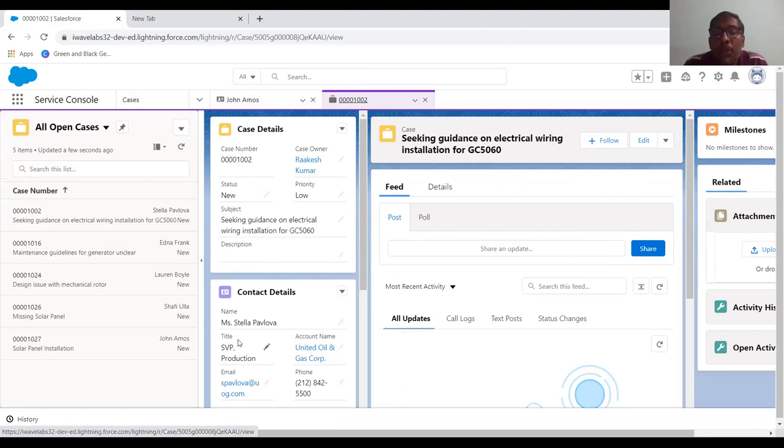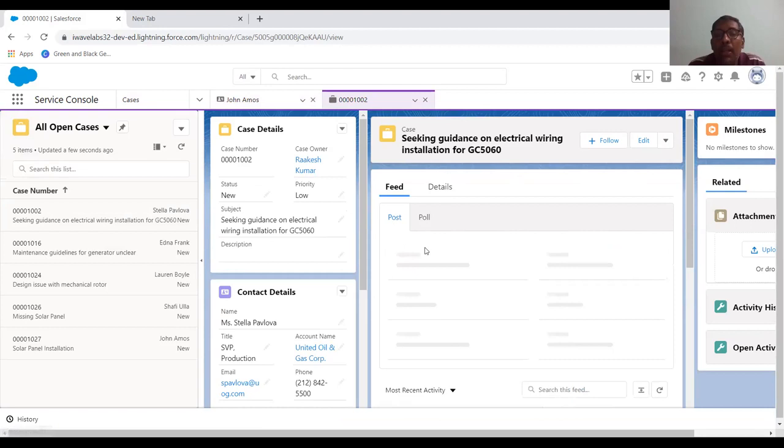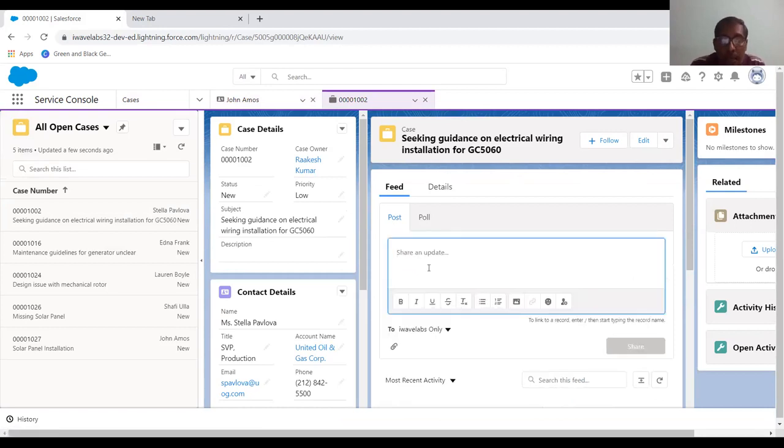Now on the John Almost page itself, we can see that the chatter feed would be there. You can go to post, and in case you want to share some information, saying that solar panel subject to installation by next week is not received yet, I'm going to click on the share button.